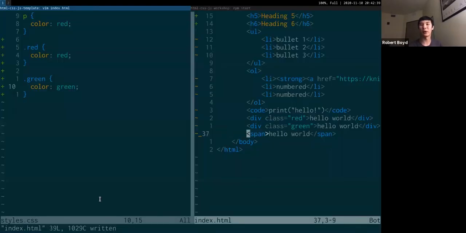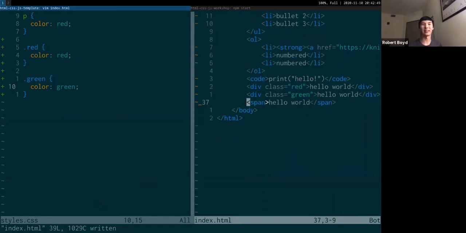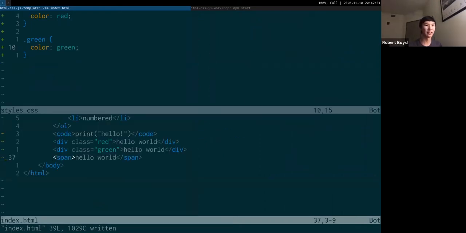Span works the same way. The main difference between those is span is inline, whereas div is a block element. And usually the only effect this has most of the time is with new lines. So if you have a paragraph of text,